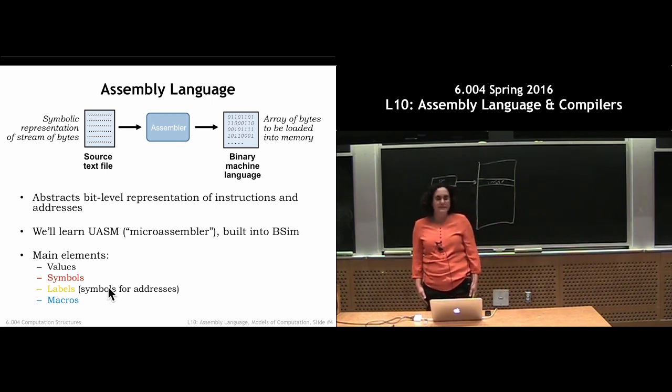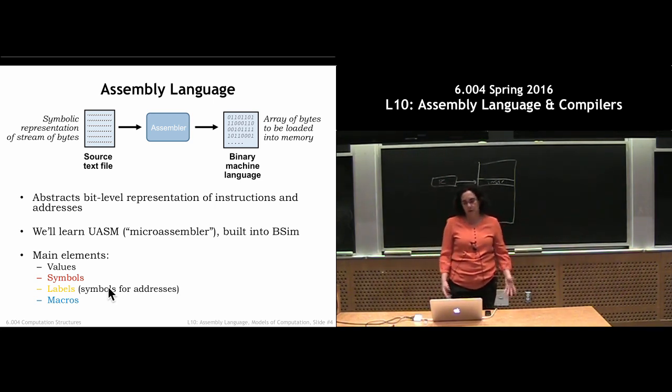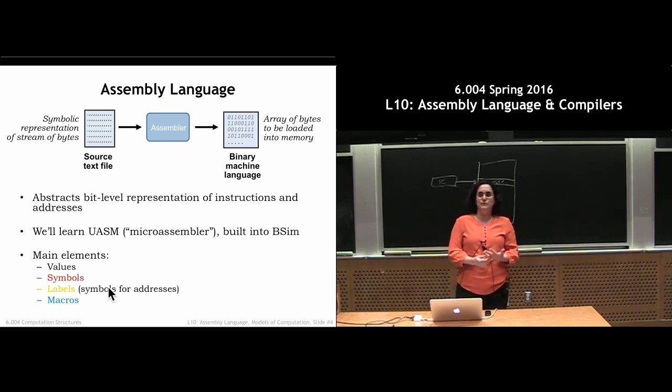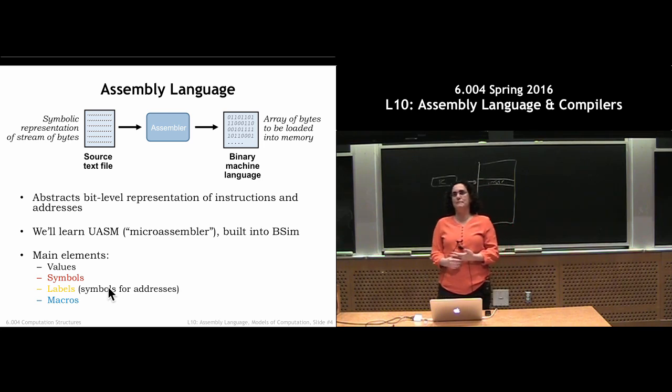So there are 4 elements to UASM. There are values, which is basically a number. There's symbols, which are a symbolic representation for a value. There's labels, which are just like symbols, except that they're specifically representing addresses. And then there's macros. We'll get into it in more detail in a minute, but it basically allows us